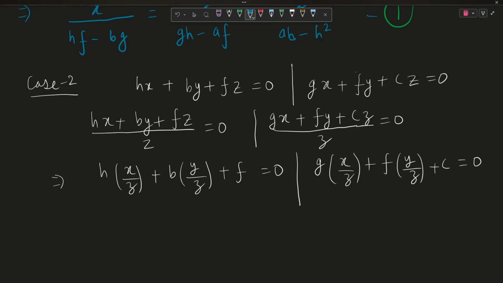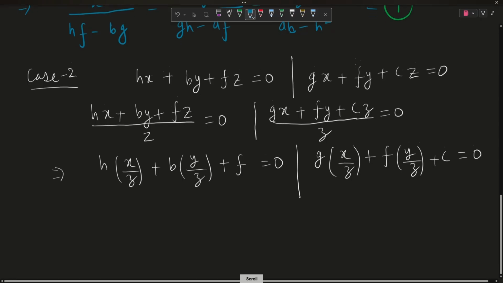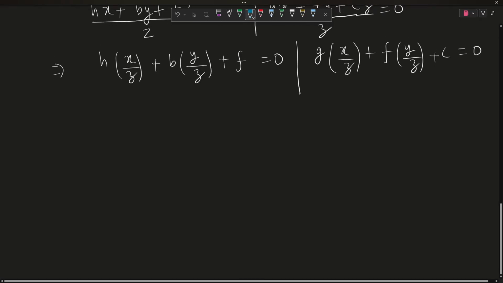Now again the same process, we will be calculating the ratio between x, y and z